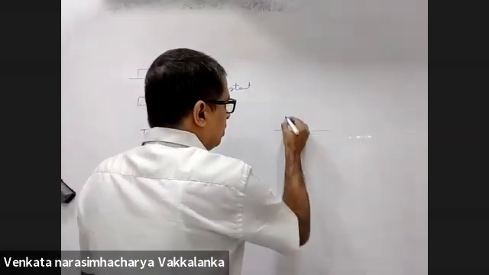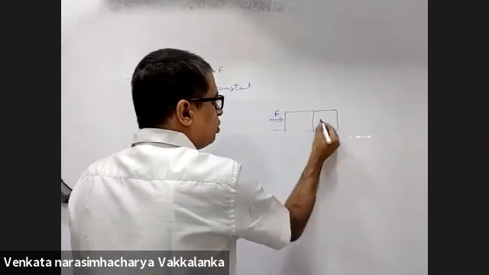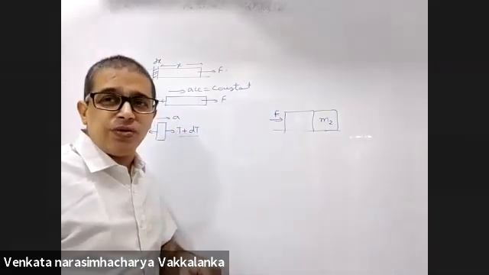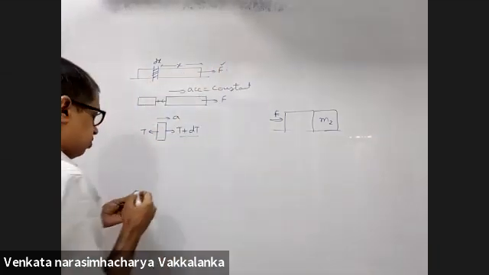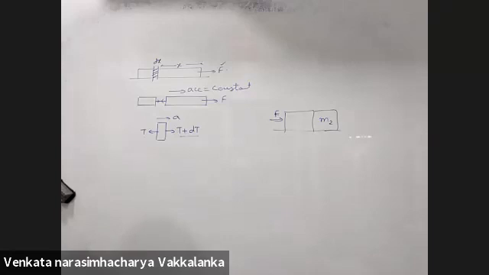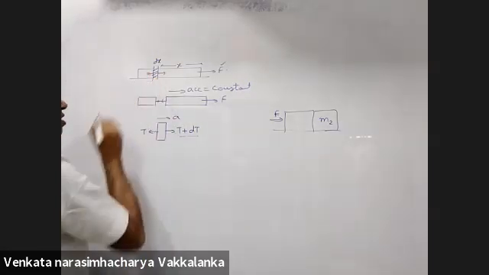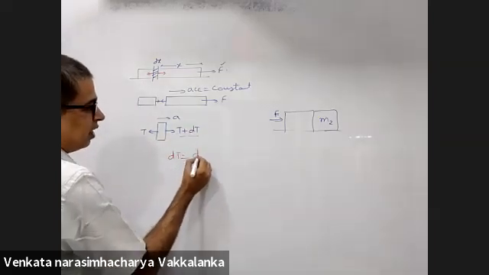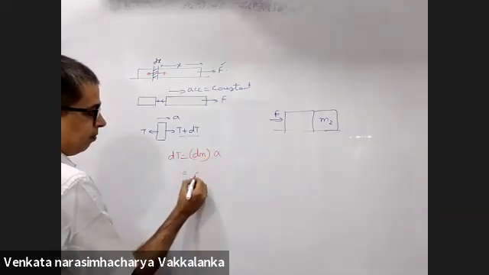For example, if I take two bodies placed beside each other and I apply force here, who is making M2 accelerate? A normal force between the two. Same is the situation here. Don't tell me this force applies force on this element. It doesn't. It will be the tension. This will be T plus dT and this will be T, and then you will write that dT provides the required acceleration to dm.